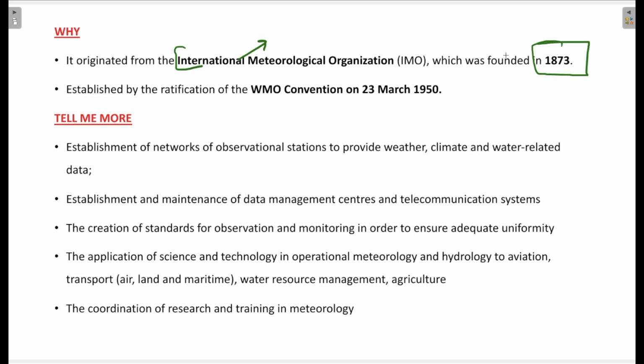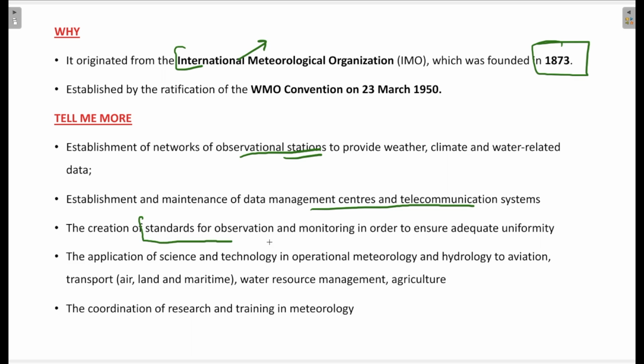So what are the basic functions or objectives being achieved by this organization? They establish a network of observational stations, so that they can provide weather, climate and water related data. The next one is the data management centers and the telecommunication system, which is a must for studying the Earth's behavior and atmosphere. Next, obviously there are certain standards which need to be observed, and they create these standards and